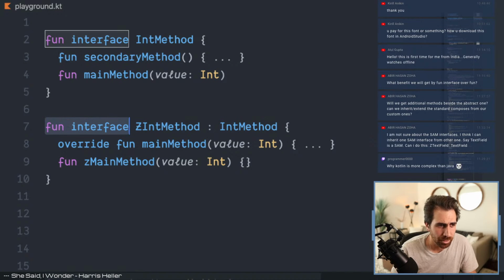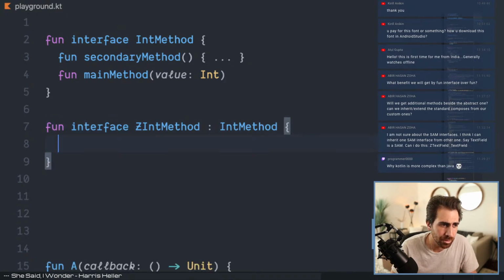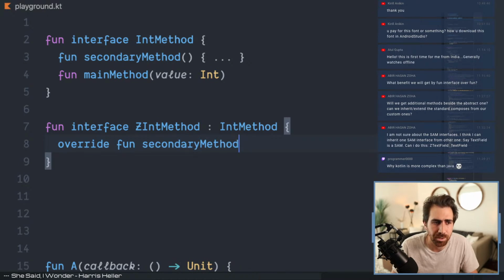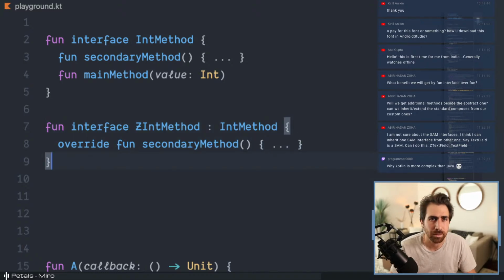Or if you wanted, you could keep the main method from the old one and only override the secondary method. So you're specializing the secondary method here. Both of those things are totally possible. I'm not sure if that answers your question or not, but